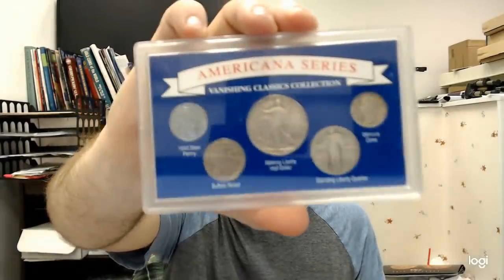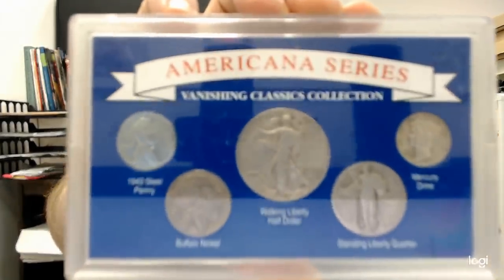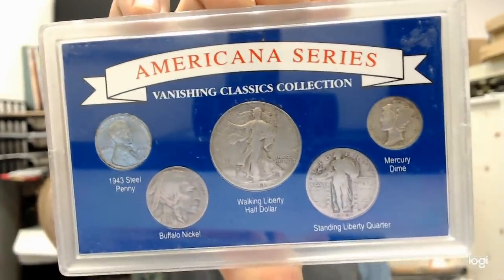So when I tell you about these, it's not that it's bad because they're in a holder or they're bad coins because they're cleaned or whatever. That's up to you. But I buy these a lot. This one here is okay, but typically the steel cents are replated to make them look nice. This one here,